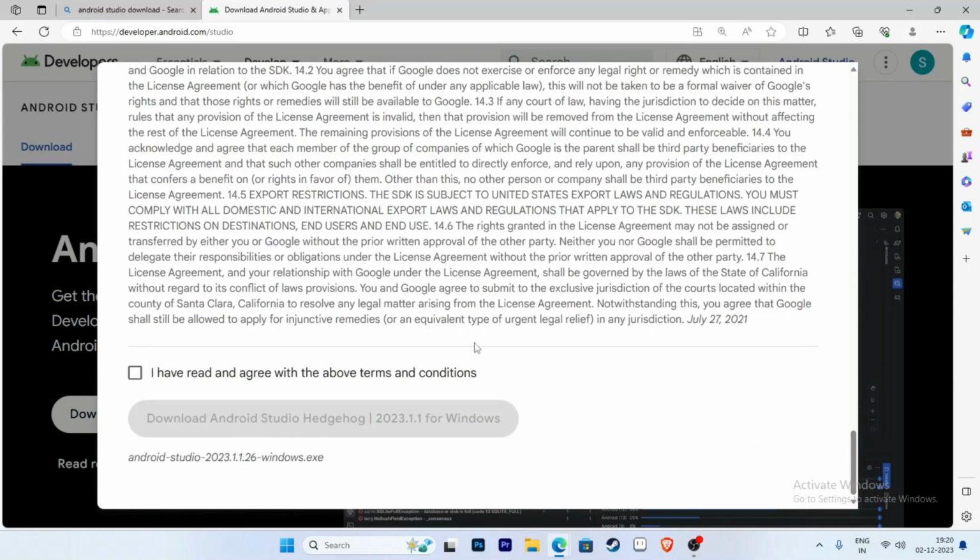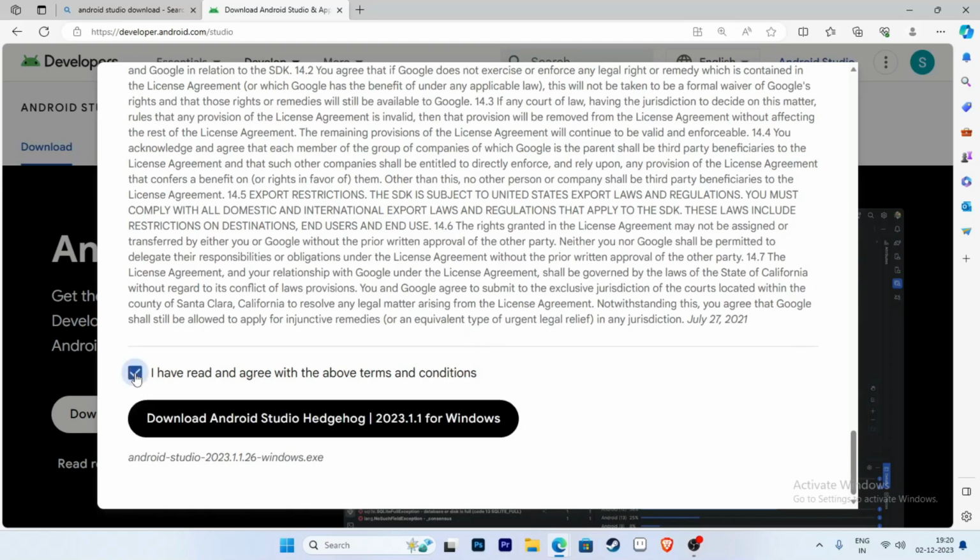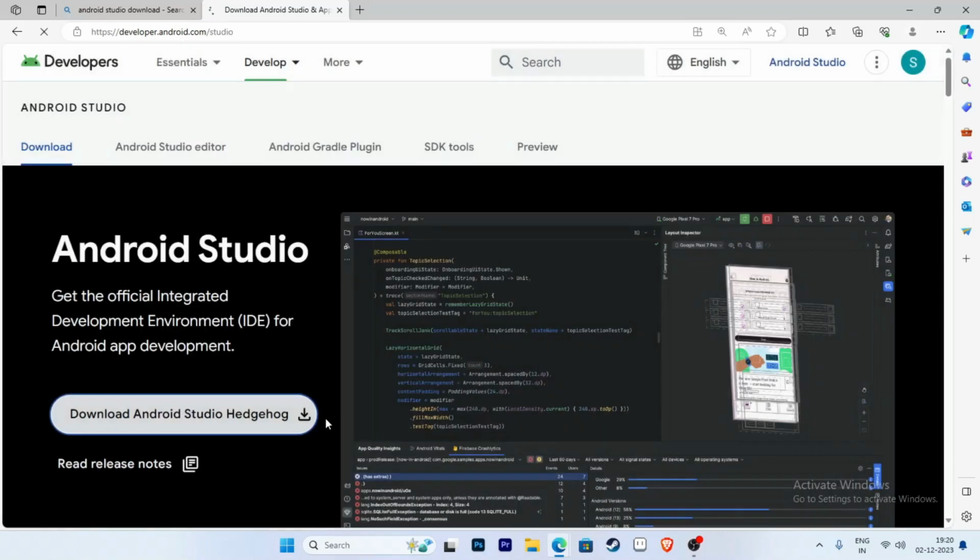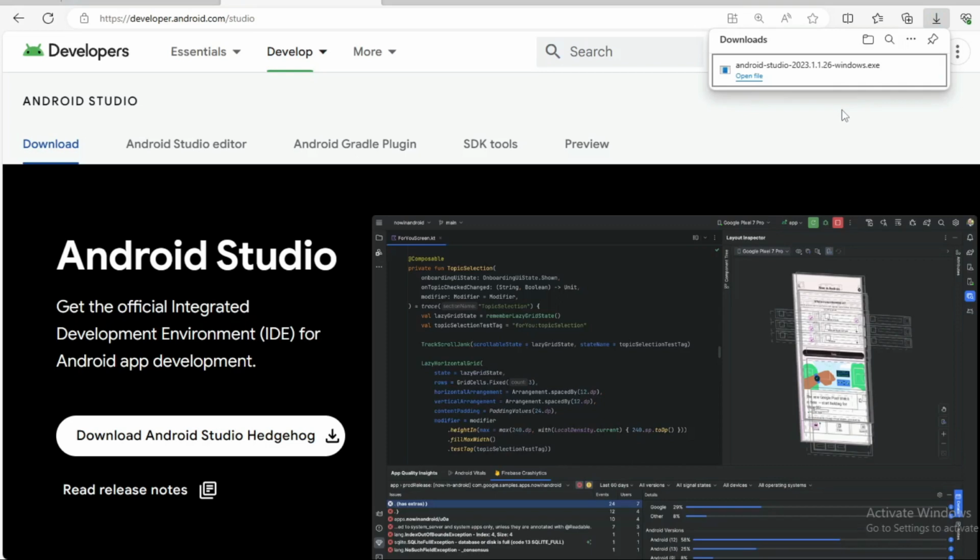And accept the terms and condition. Click here, I have read and agree with above terms and condition. And now click on download Android Studio Hedgehog. Now download has completed and click here to open file or go to the folder